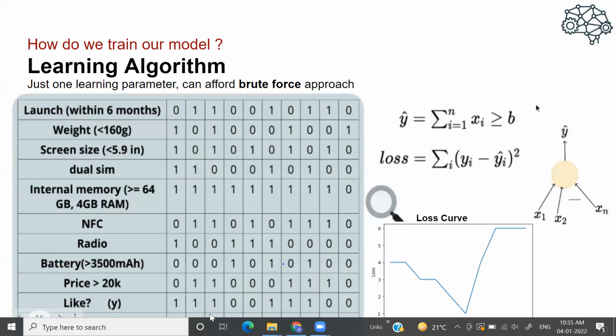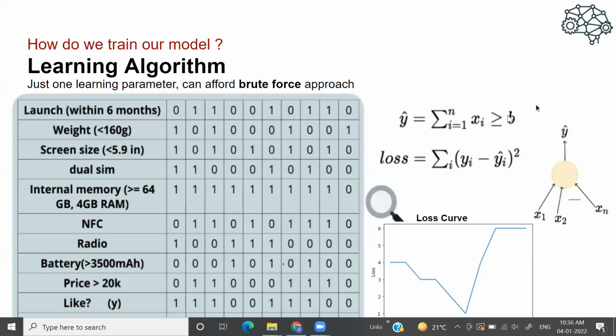So out of a total of 10 cases, it will be able to make the correct prediction for 6 cases. For 4 cases, it will fail. And what are those 4 cases? These are the 4 cases: 1, 2, 3, and 4, where the label was 0, but still somehow the model will make the prediction 1, because this expression will get satisfied. So when my value of b was 0, my loss was equal to 4. This is what I have shown here in the graph.